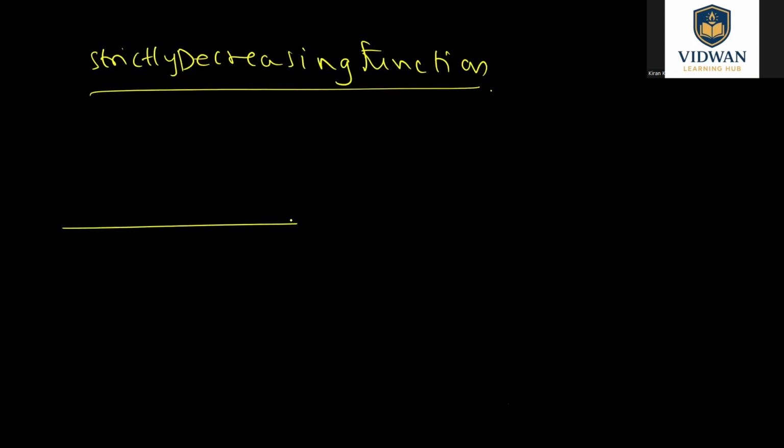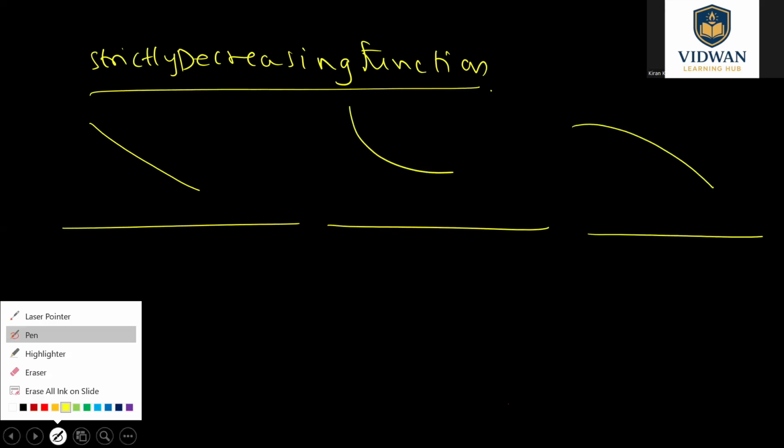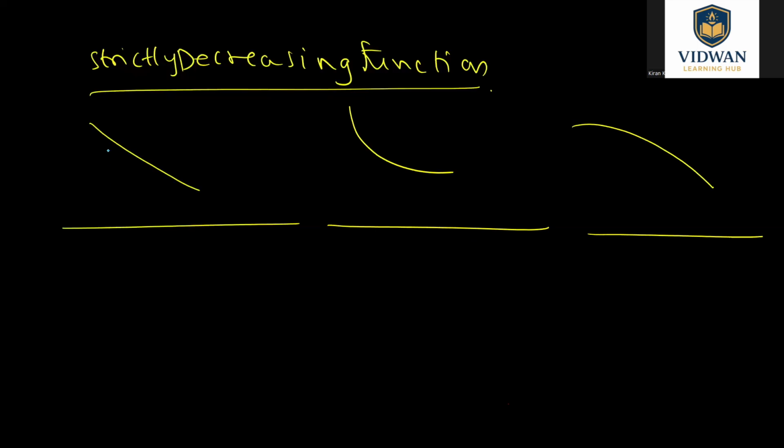Yeah, so we have to actually draw the graph for a strictly decreasing function. It will be something like this kind of straight line, or this type of curve which is concave up, or this type of curve which is concave down. So if you actually choose any two values x1 and x2,